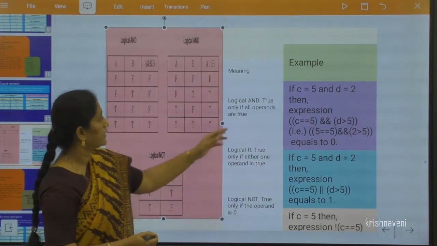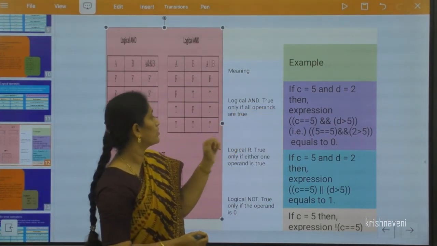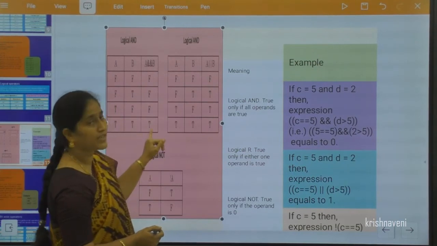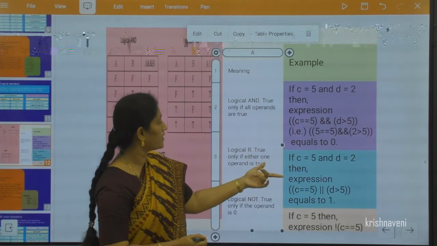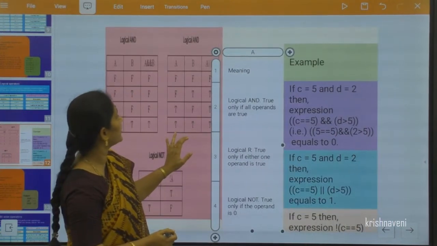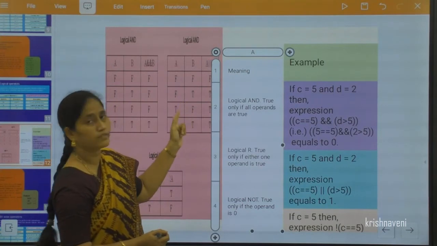Logical AND is true only if all operands are true. Logical OR is true if either one operand is true. So this shows these values.